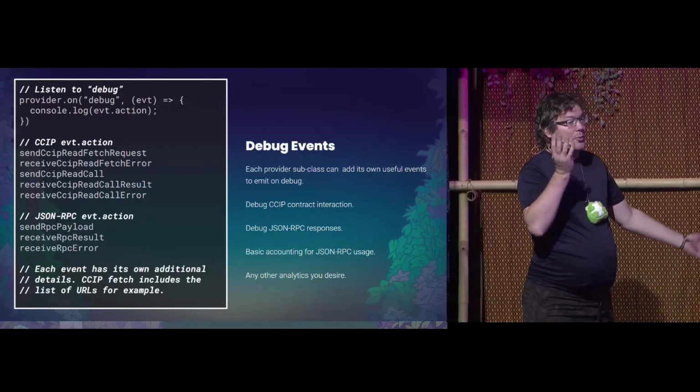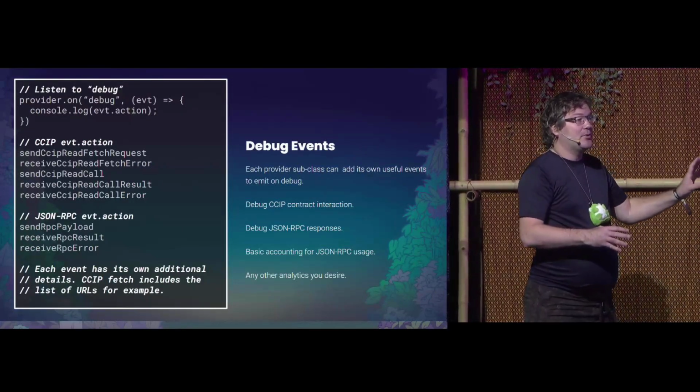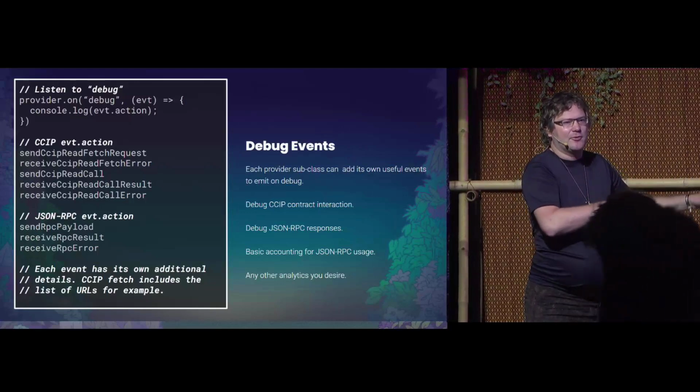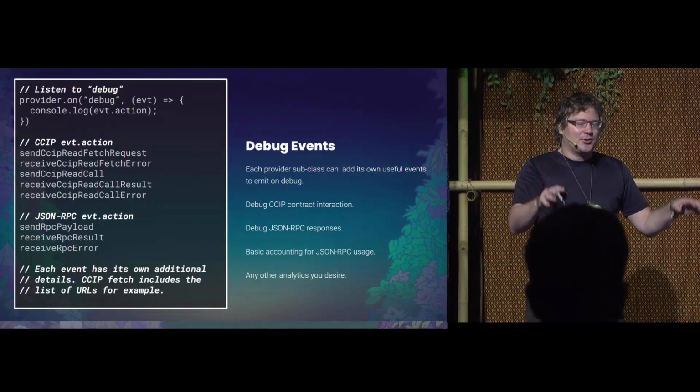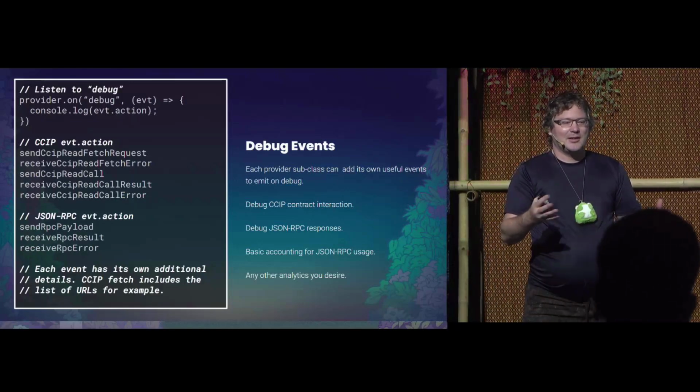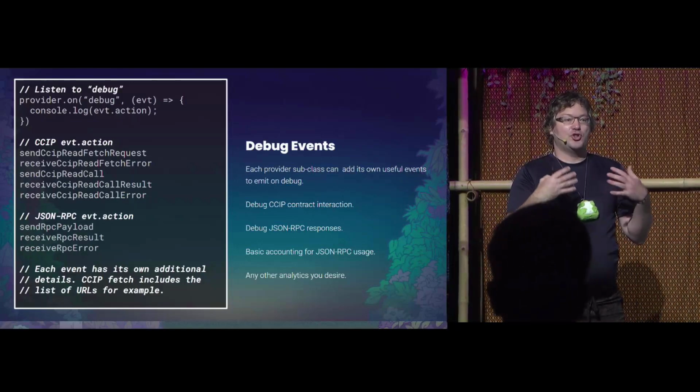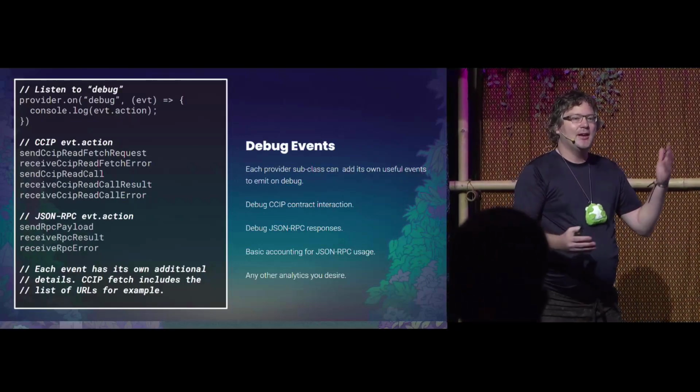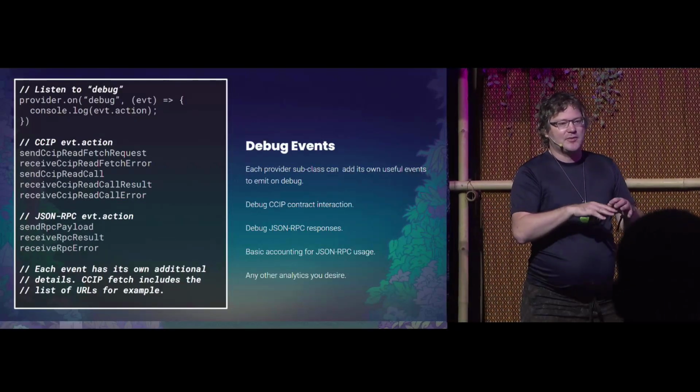You can also just do normal accounting. A huge example, usually when I give this piece of information, because people will say, sorry, I'm talking so fast. A lot of times people will say, I'm sending a bajillion requests to the network, I don't know why. They put this on, and then they see that there's a bunch of ETH chain IDs being